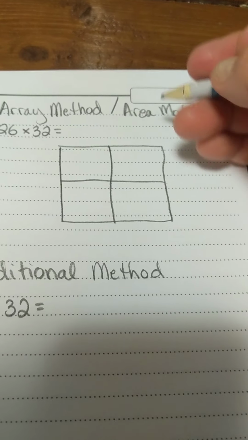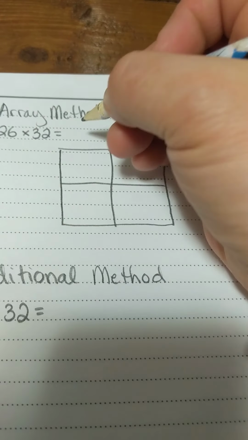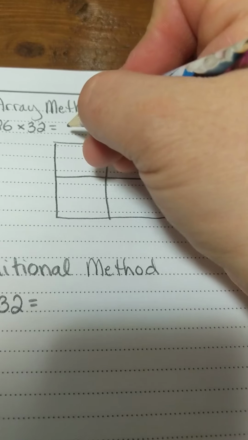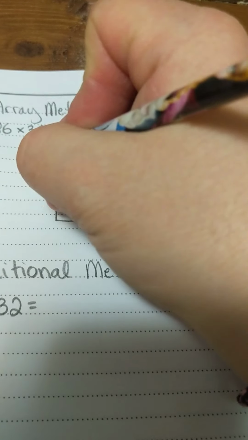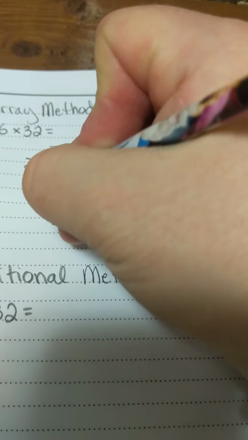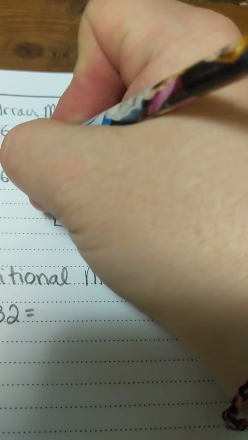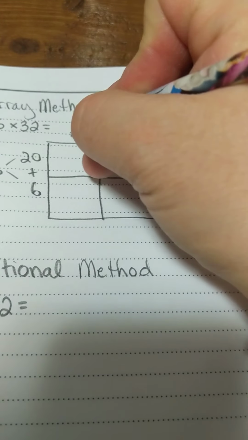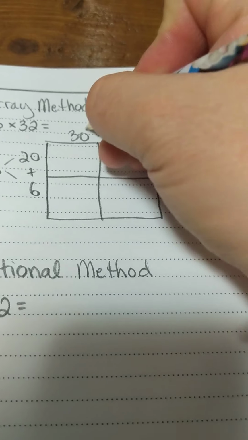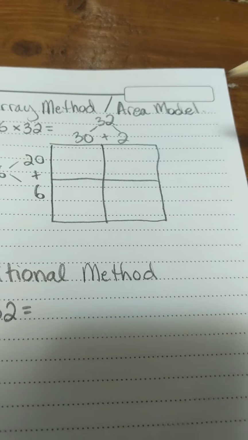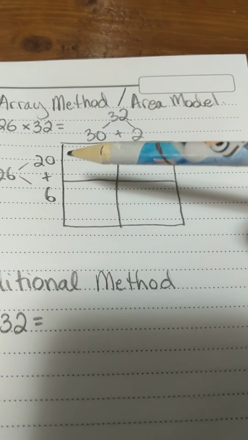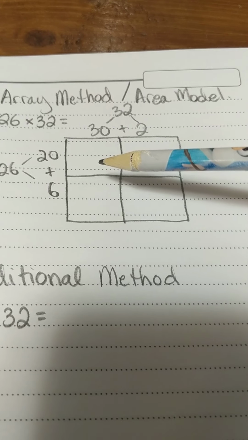What I'm really doing here is dividing my numbers up into more manageable chunks. So I'm going to start by putting a 20 plus a 6, which represents 26, over on this side. And then I'm going to write a 30 plus a 2, which represents 32, up here. And then I'm just going to fill in the boxes like I would with a multiplication chart by multiplying out